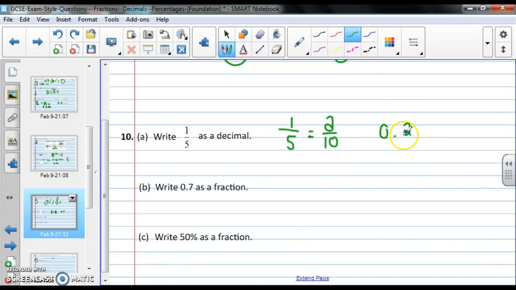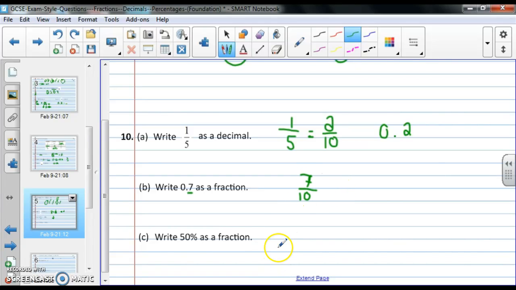Because I've got 2 in the tenths place. 0.7 is a fraction. So for this one, I'm talking about my tenths place value. So I am going to put my denominator as 10. And then whatever number is in the place value, that is going to be our numerator. So in this case, it's going to be 7